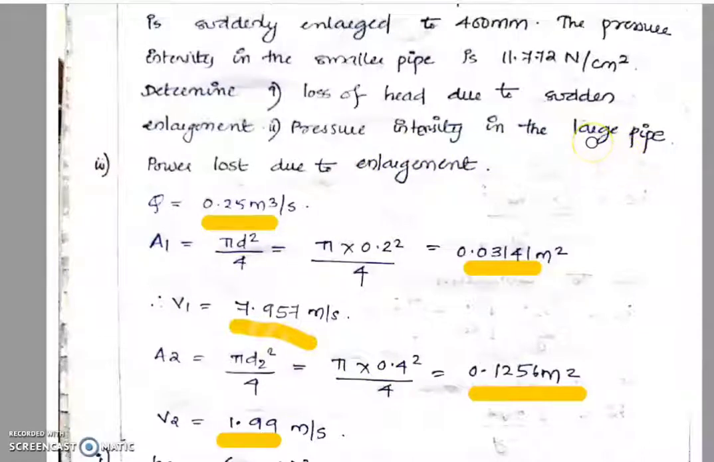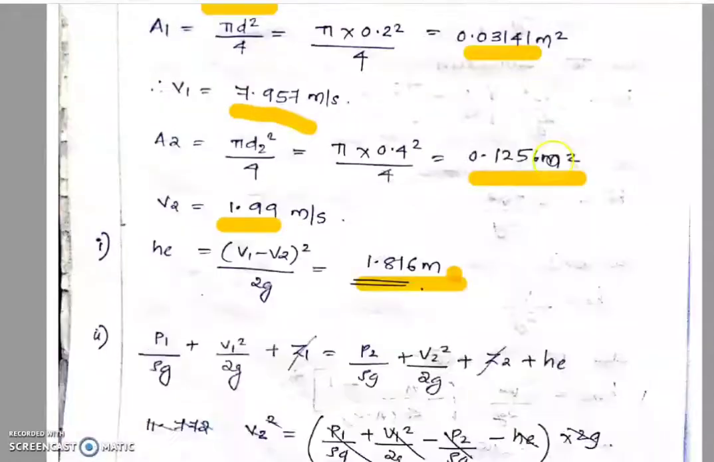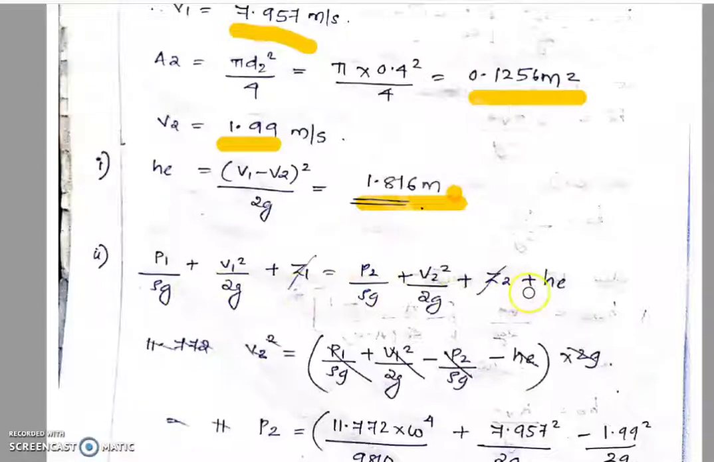To find the pressure intensity in the large pipe, you have to substitute in Bernoulli's equation. So what is Bernoulli's equation? You can equate the total energy at two points, isn't it? So, since we are finding the loss due to the sudden enlargement,